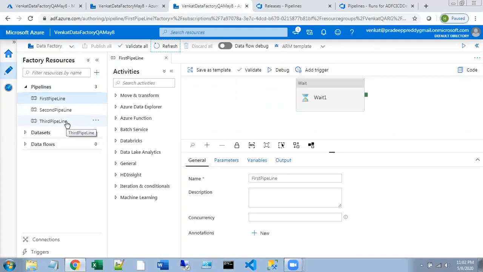So this is a basic video. That is why I have not taken any data sources and all. I don't want to confuse you by making a more complex pipeline. I just want to make sure you understand the concept very well in the initial video. Then we will go to the next level of creating pipelines with data sources, and how we can use those from the dev environment to the QA environment. I'll create another video using the data sources.